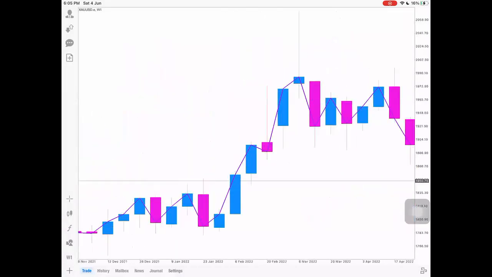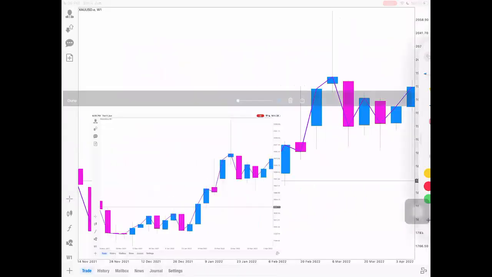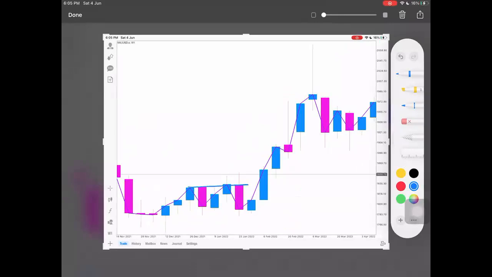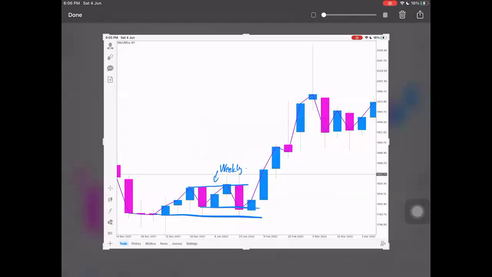You see, for example, this guy right here, okay? This guy over here, it started a weekly sell. So when it starts a weekly sell, where does it have to finish? At a weekly support, at a weekly buy story. So a weekly buy story can start where? It can only start here, or here, or here, or wherever.